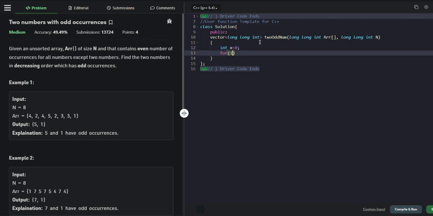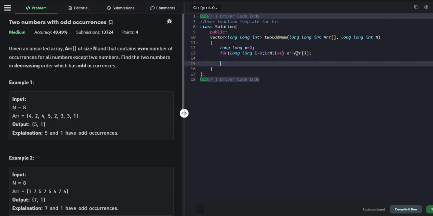Okay, and now we will just take the XOR of the complete array, and also let's say this is long long, and this is also long long. So we will just do x XOR equals to the ith element of the array. Now we have the XOR of the complete array, right? So now we will find the first set bit